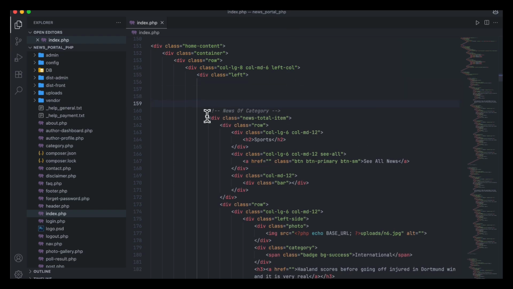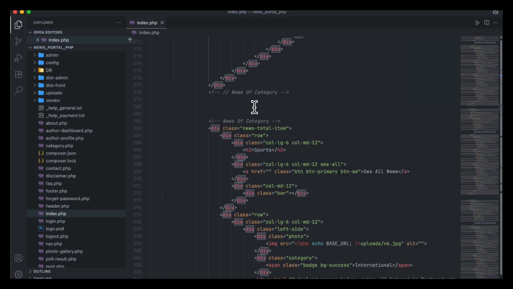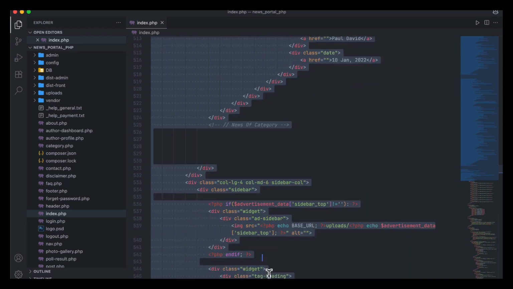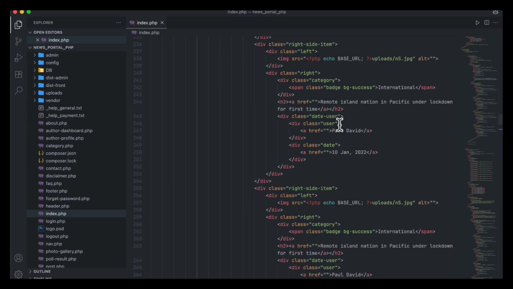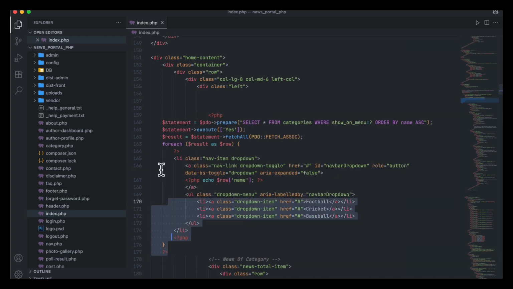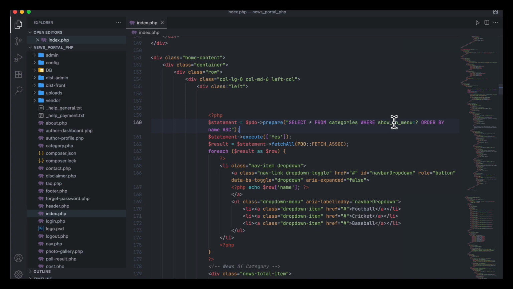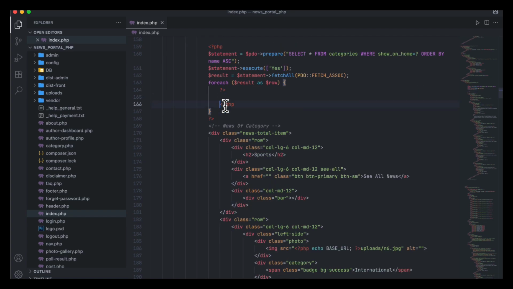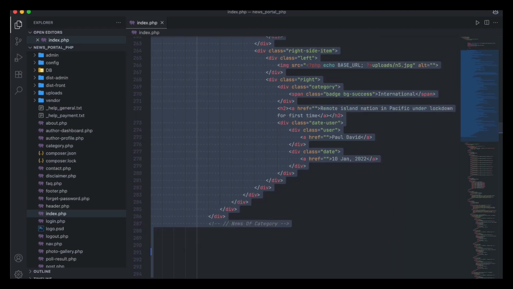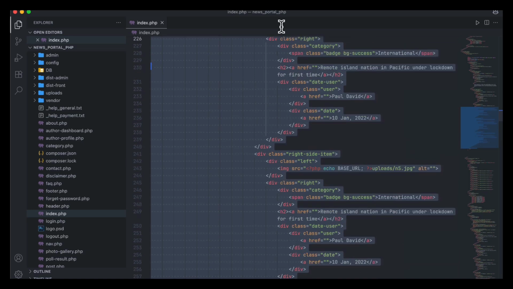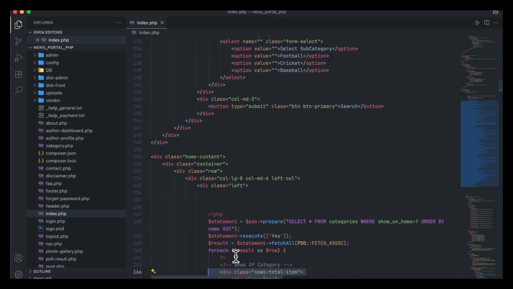So okay, this is the thing that is going to be repeated each time. Yes, news of category. So I keep on and remove the 2 items, and here I will only keep 1 item. So here, paste it. So select all from categories, it is show on home. So show on home equal to yes, and the repeated items I am going to remove. And the items that starts from here, this thing I am going to cut and paste inside. So 1 tab space I am going to apply here like this one. So okay,